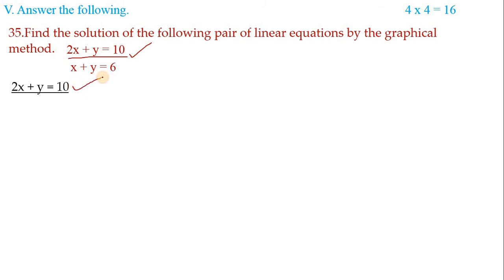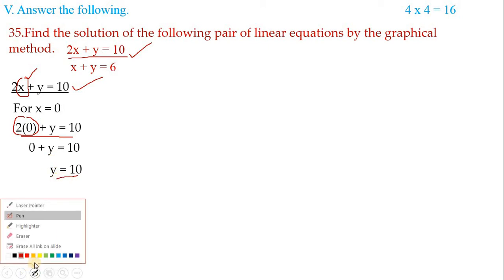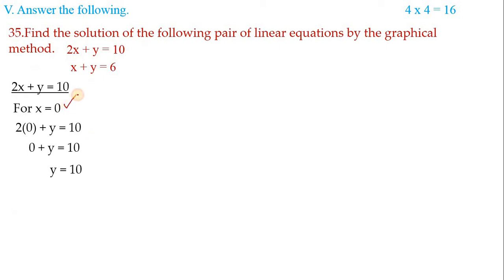So this is the first equation, 2x plus y equals 10. And in the place of x, let us consider the values. So I am taking x value 0. Now in the place of x, substitute 0. So we'll get 2 into 0 plus y equals 10. Now let us simplify this. 2 zeros are 0. Remaining thing you write as it is. And for the next step, we'll get y equals 10. See, when we substituted x value 0, we got y value 10. Therefore, coordinates are (0, 10).